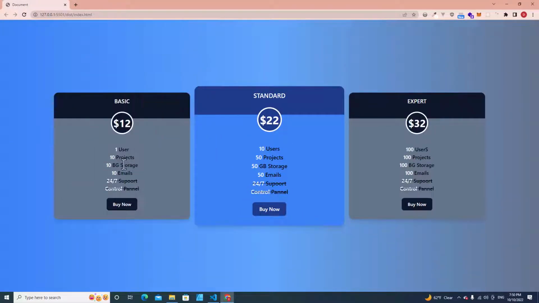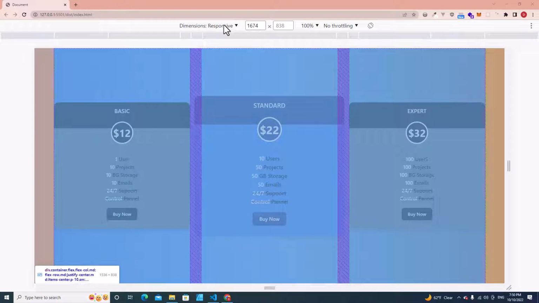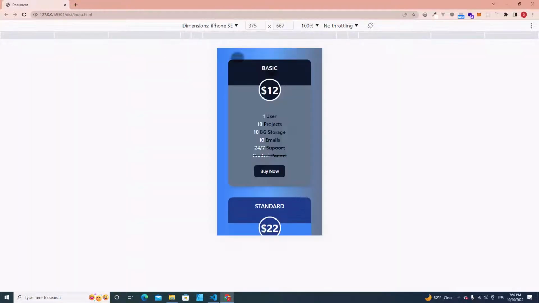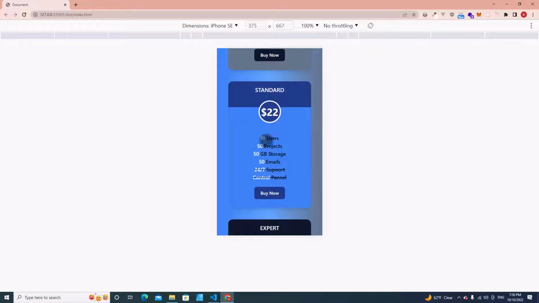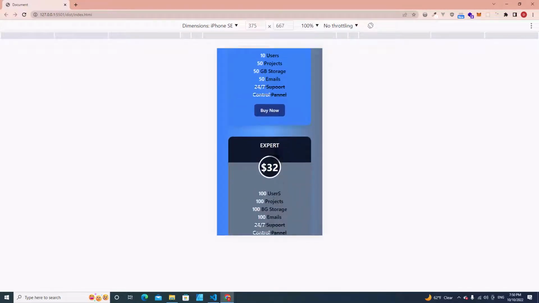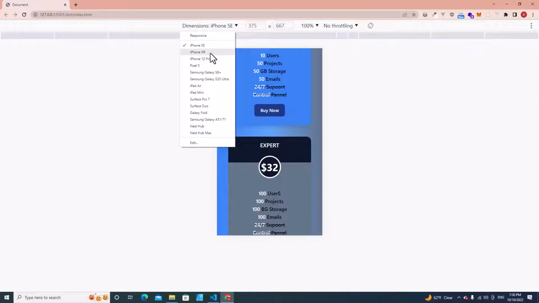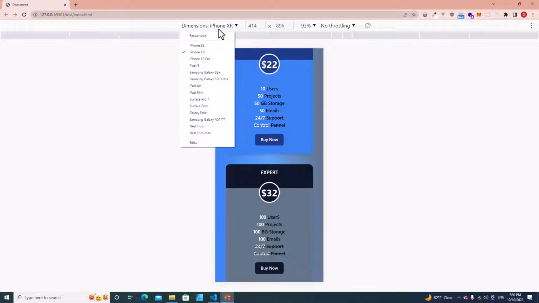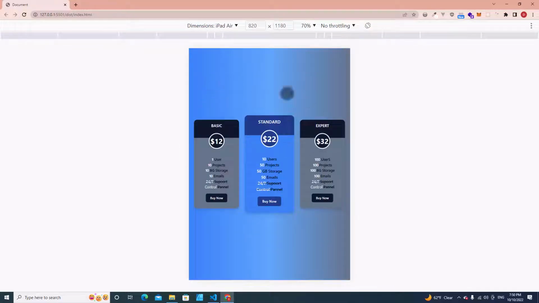Let's inspect it and then change this one to be iPhone SE. Okay, this looks good. How about iPhone XR? This looks good. How about iPad Air? Okay. Alright, this looks good. This is all about this